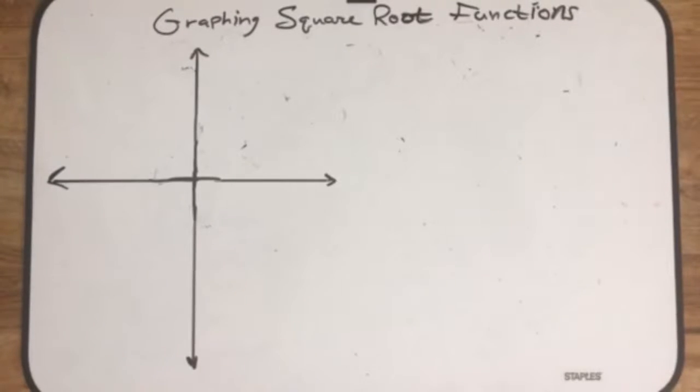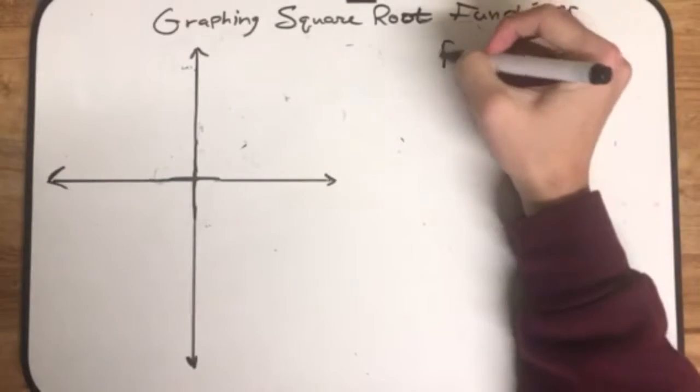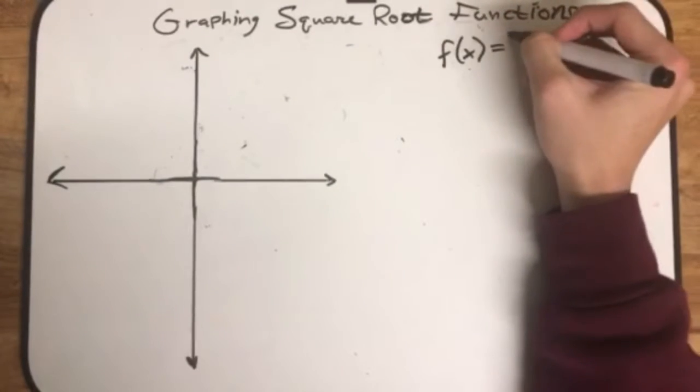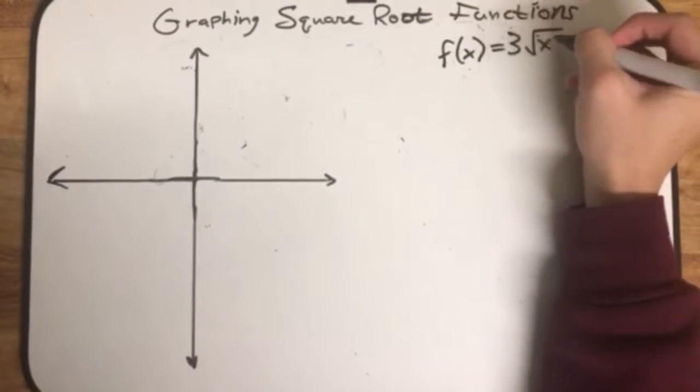In this video, we will teach you how to easily graph a square root or cube root function. After watching this, you will be able to use this concept to graph square root functions and many others in the same form. To graph this function, f of x equals 3 times the square root of x plus 4 minus 2,